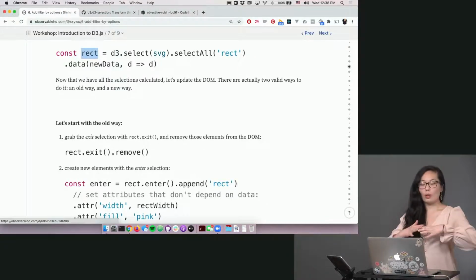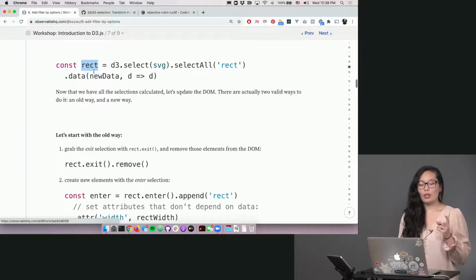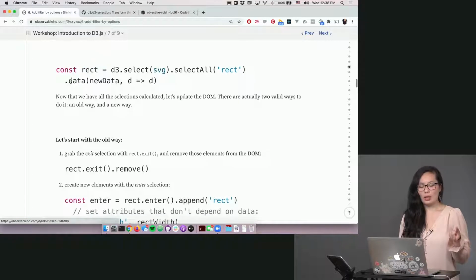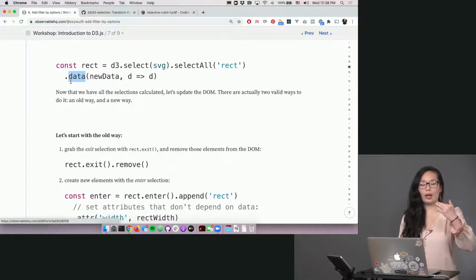D3 selection with all of our rectangles, currently existing 5 rectangles. Oh, I'm sorry, I misspoke. This rect is what the .data returned to us. So it's the one that has the update selection, enter selection, exit selection, and this rect itself